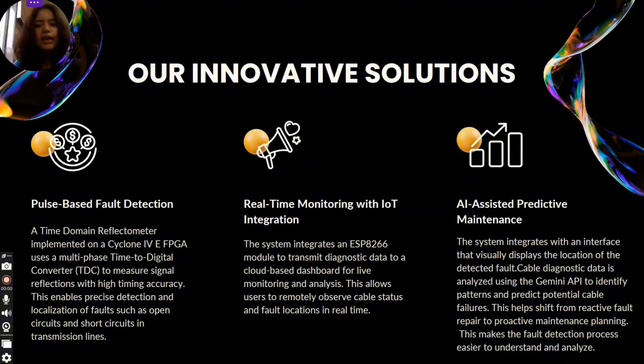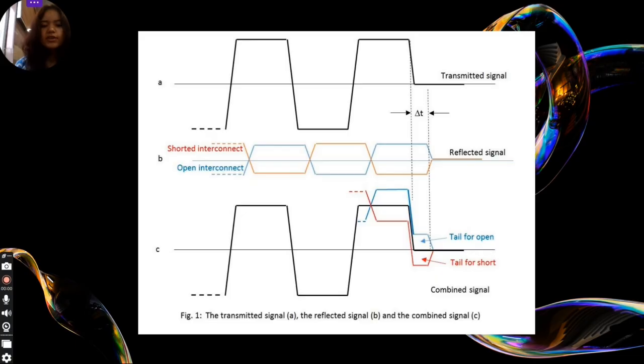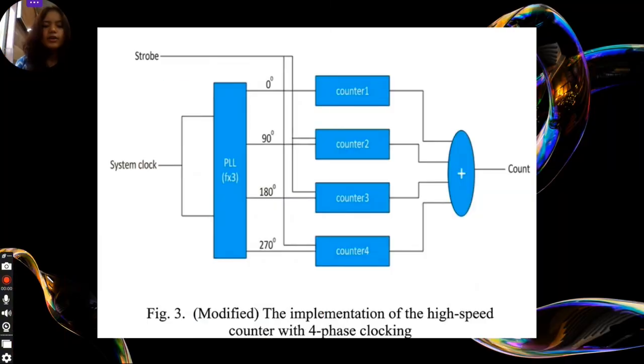Third, we are using AI-assisted predictive maintenance. Here, we are using the GEMINI API to identify patterns and predict potential cable failures. This will help to shift from reactive fault repair to proactive maintenance planning, and this makes the fault detection process easier to understand and analyze. So this is basically the transmitter signal, the reflector signal, and the combined signal data. This is the implementation of the high-speed counter with 4-phase clocking, which will allow us to